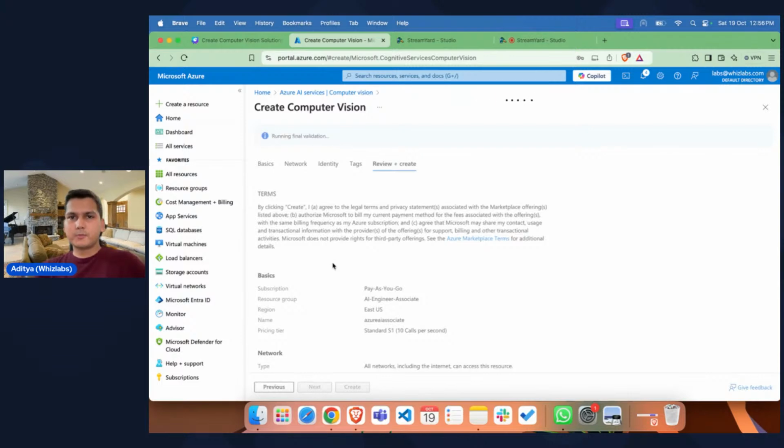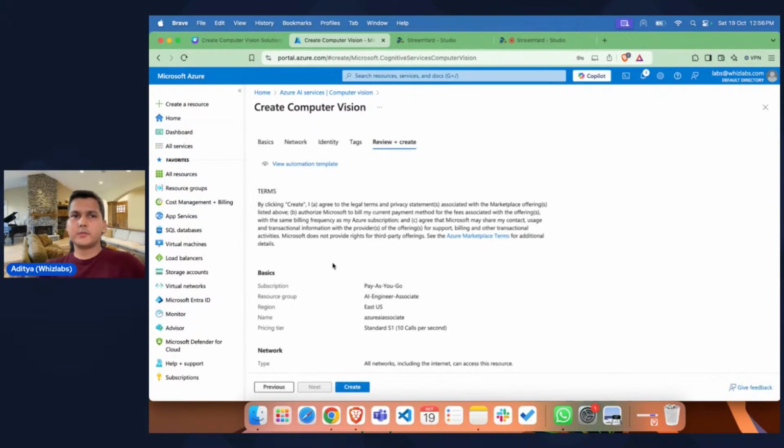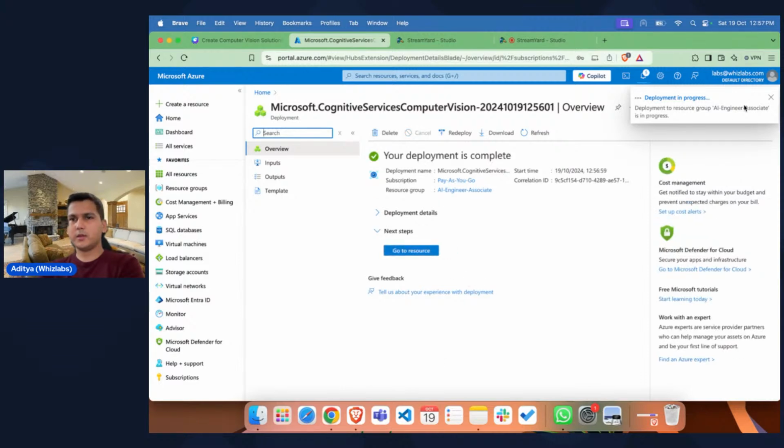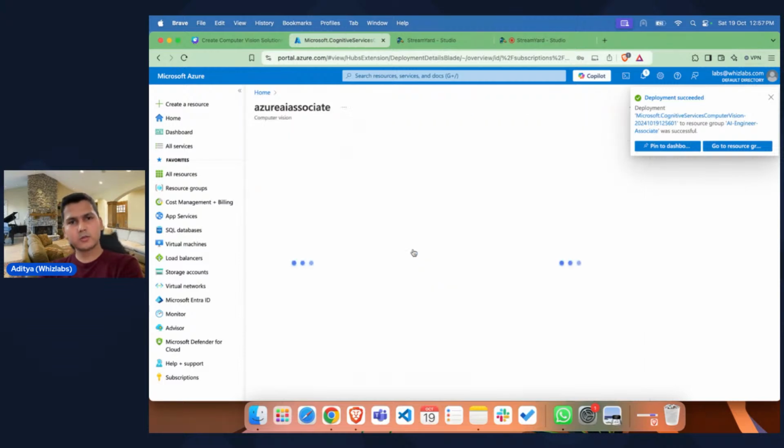Then once the validation is passed, we will just create this service, and this service is going to take 3-4 minutes. Okay, create. Okay, now validation passed, and we have already created the resources. Now deployment is in progress. It will take around 1 to 2 minutes to deploy the service. Okay, deployment is done. Now we'll click on go to resource,